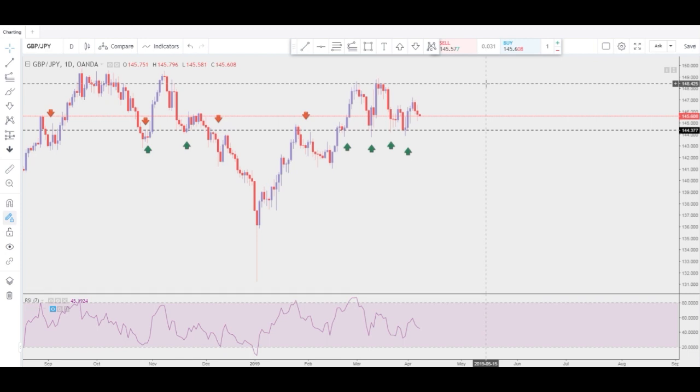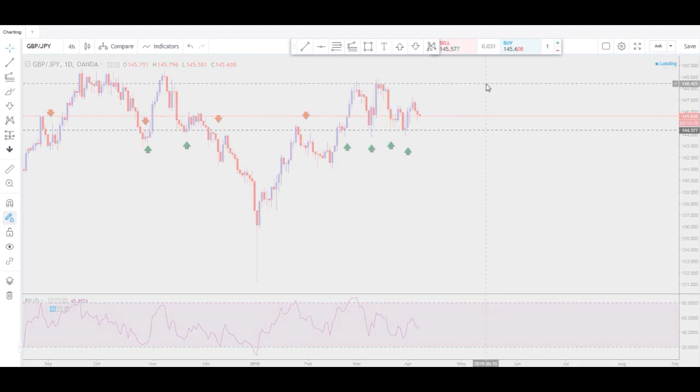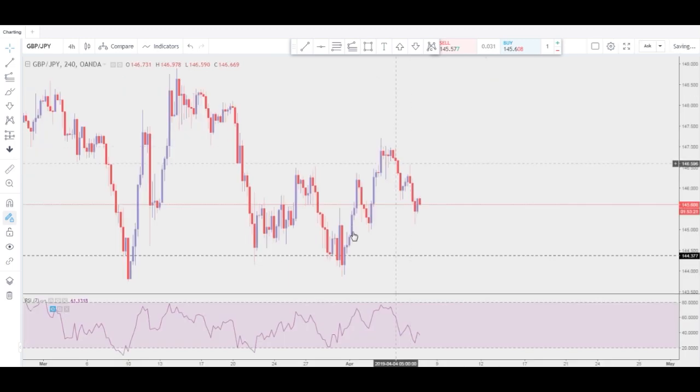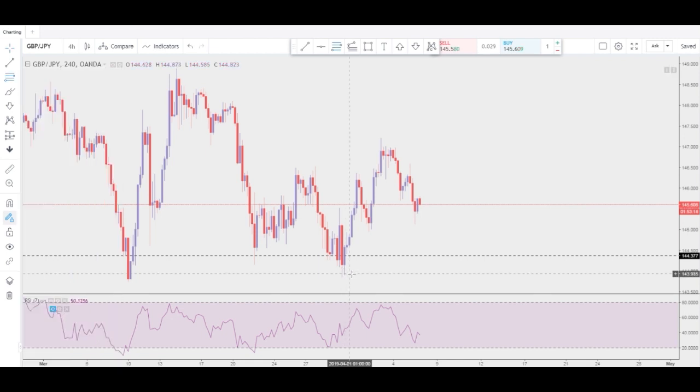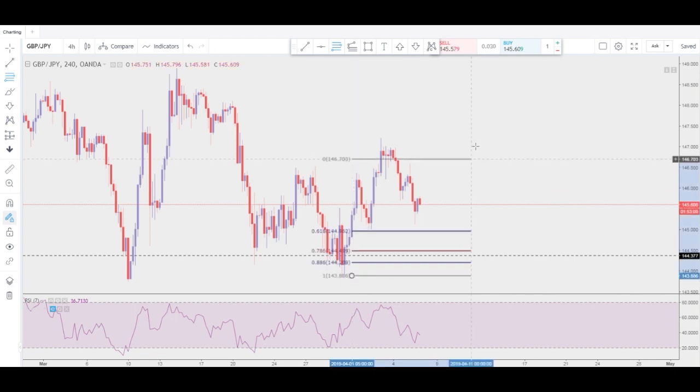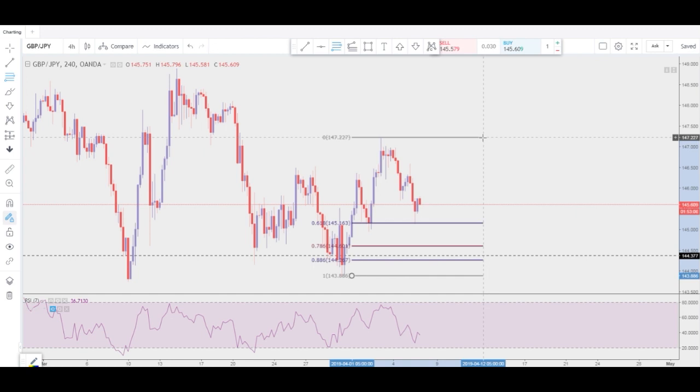Okay, now if we drop down a time frame to the 240, I'll show you exactly what I'm looking at here as well. Okay, what I'm looking at here, we've got another advanced pattern setting up as well. There's a lot of advanced pattern setting up coming into this week. If we draw our fib levels from this low to this high at the 786, we've got a bullish cipher setting up. There's our X leg, X to A